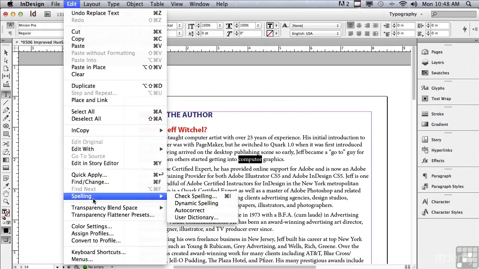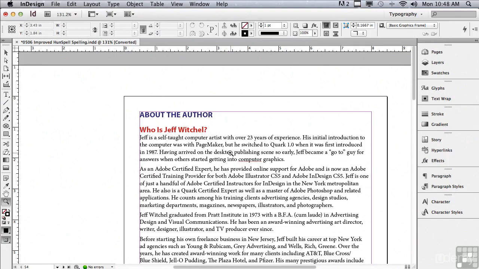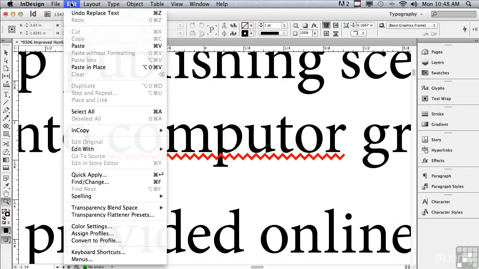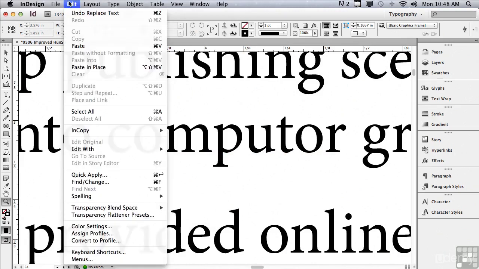There's something called dynamic spelling. And what that's going to do is any word that is misspelled, let me just zoom in a lot closer so you can see this. It's going to put a jagged red line underneath that word, so it's easy to see the misspelled words. Let me go back under the Edit menu to Spelling, turn off Dynamic Spelling, and let's talk about Autocorrect, which